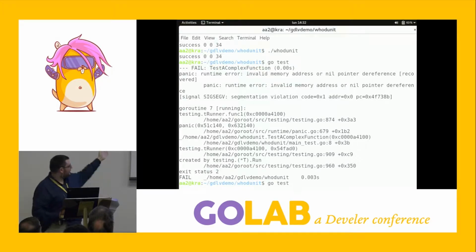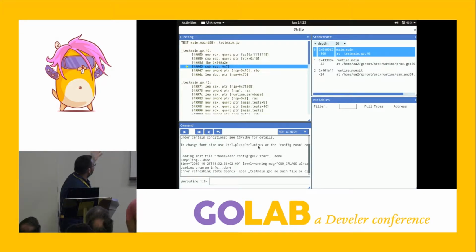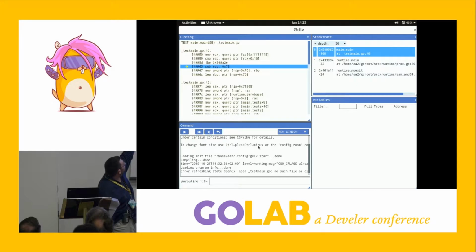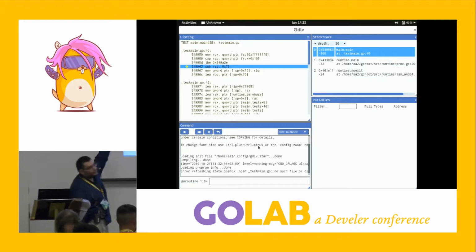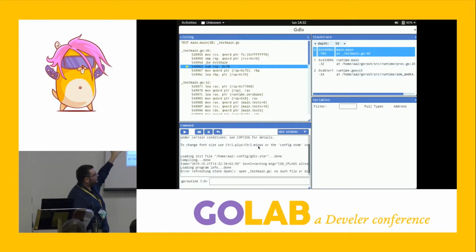The command to run the test is this, and to run the debugger, you just replace go with gdlv and run it. And this is the main window. I'll give you a short tour of the main window of Gdlv. At the top left, it's the listing window, which will contain the source code that's currently being run by the